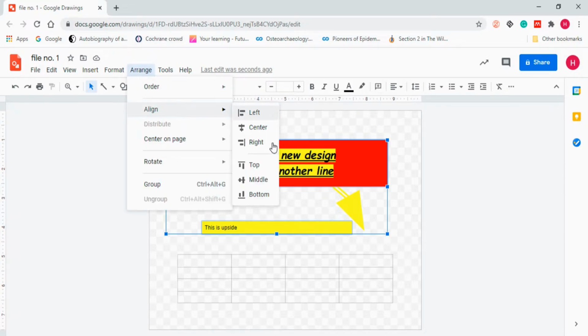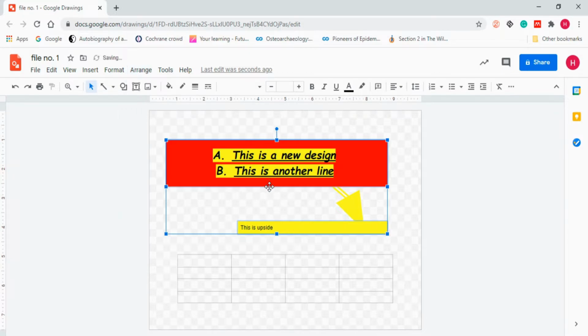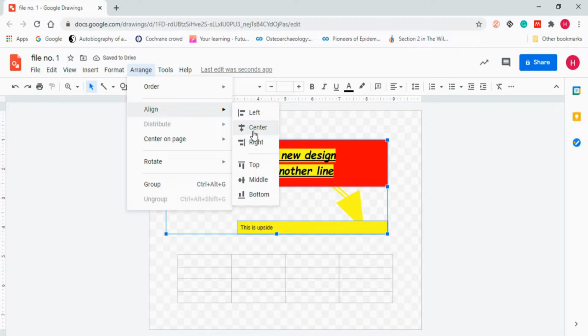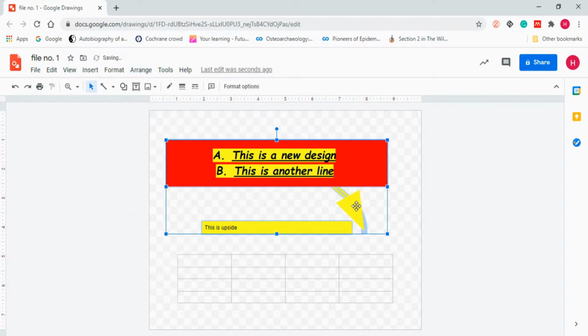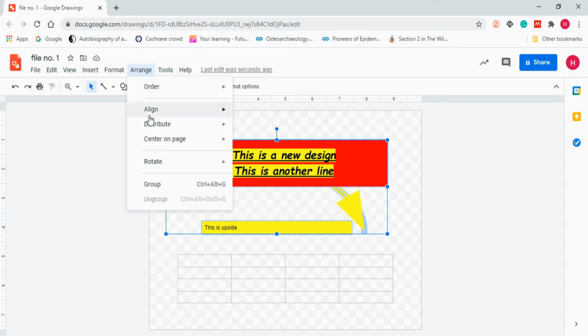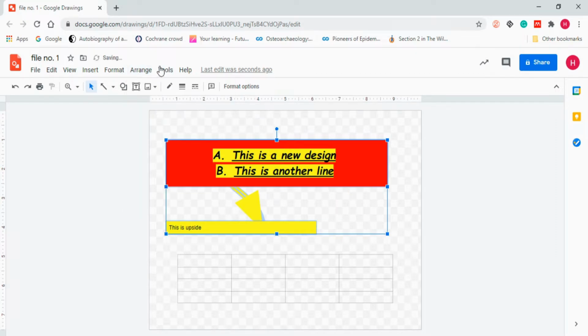Again we can write. Now you can see this. This is how it moves. Now again we will get back to the center. Now we will click on the third thing and now the distribute section will open up, which gives us the option of horizontal and vertical. Now you will see this.